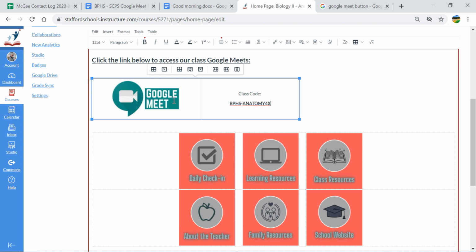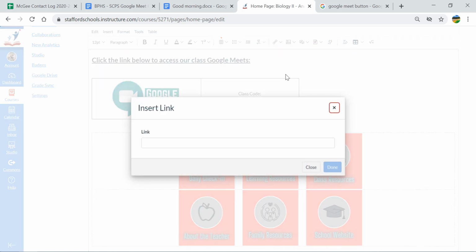Right now, we just simply want to link this button to Google Meet, or link whatever else you're going to put in there. So what you would do is click on the image or whatever you're going to link. You may even highlight, say, a website. I'm not going to link this, but you can highlight even words. Whatever you have clicked and highlighted, you come over here to the hyperlink and click external links. And now we're just going to type in